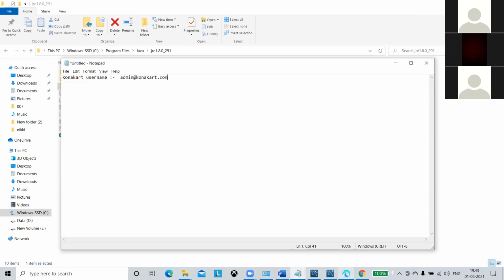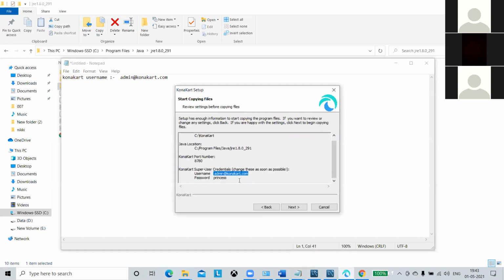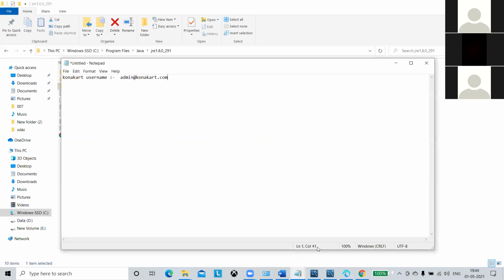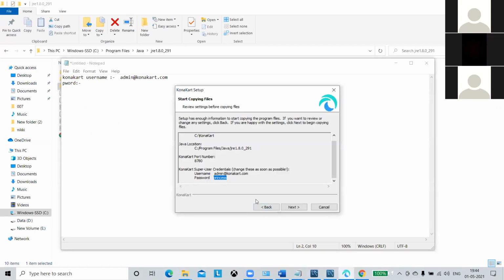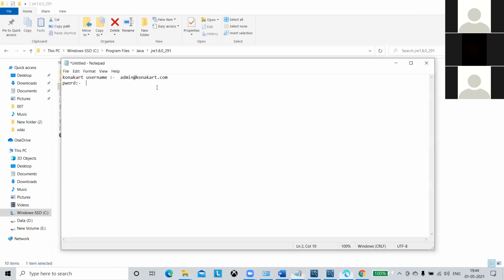And copy that password. The default password is princess. And click next on that.